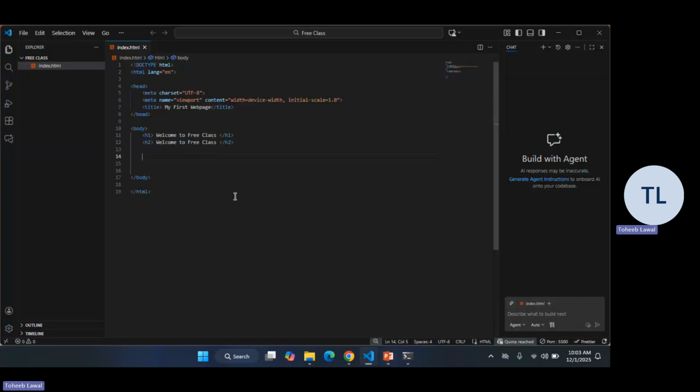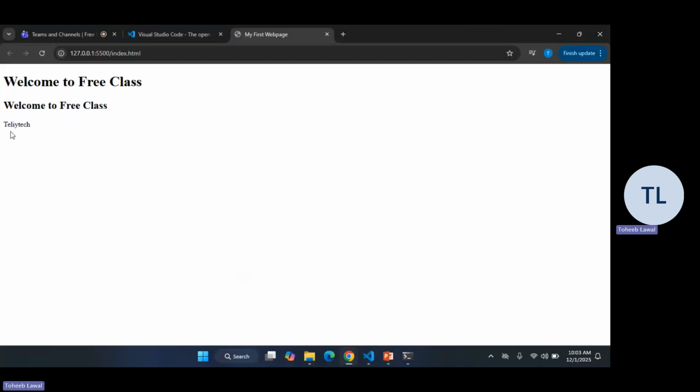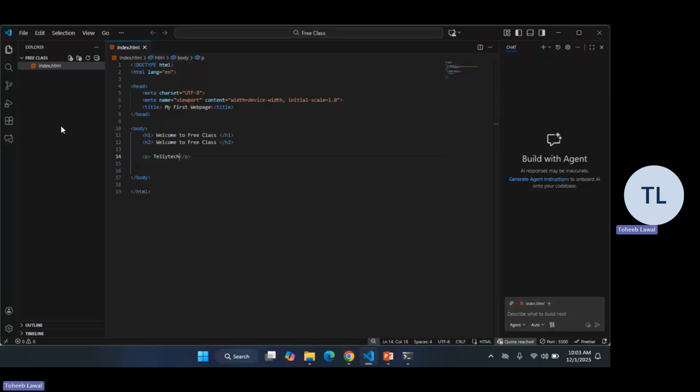So we have the paragraph tag, which is P. Now with this paragraph tag, save, and go back, and you can see this paragraph. So we also have